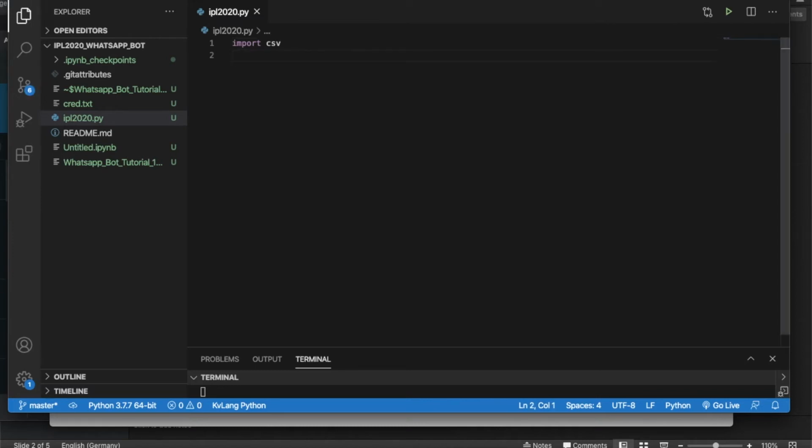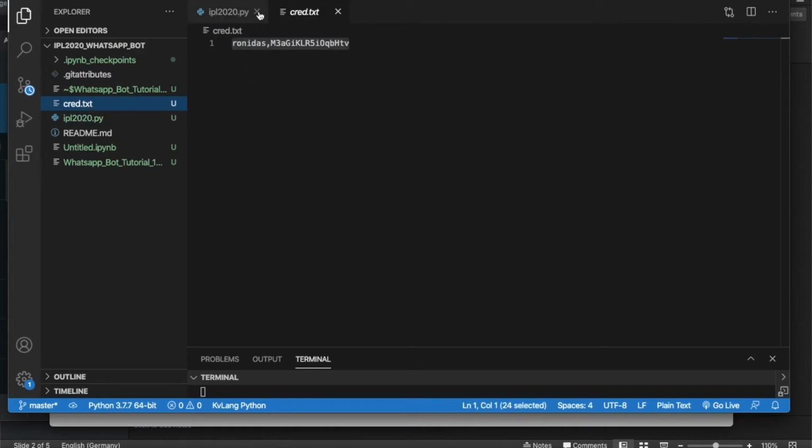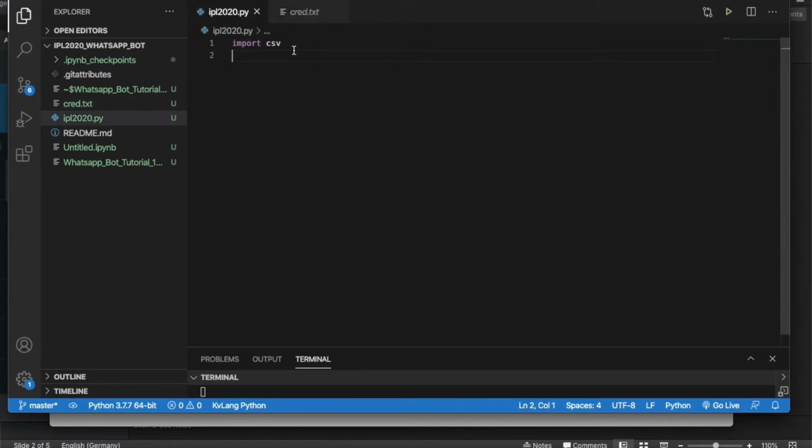Okay, why do I need the CSV? Because I have my credentials for MongoDB here, and this is my MongoDB credential, if you see. Why do I need MongoDB? I'm going to check whether the user is sending the message for the first time or not. So that is why I'm giving this. Don't worry, I'll change this password after some time. By mistake I just opened this.